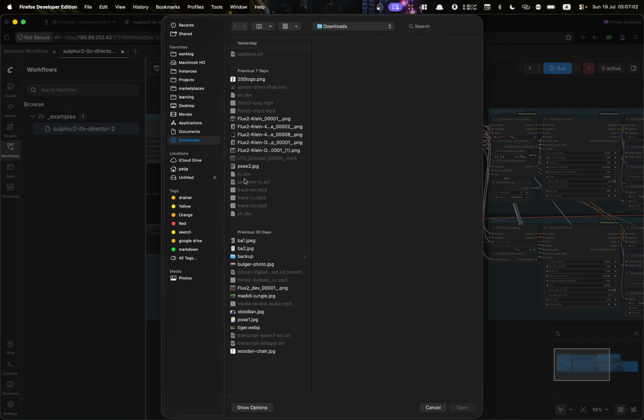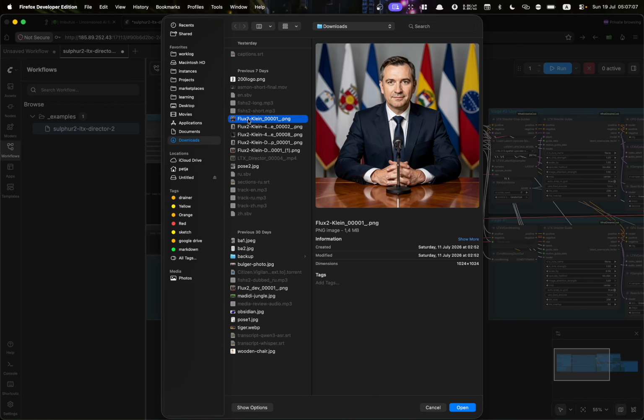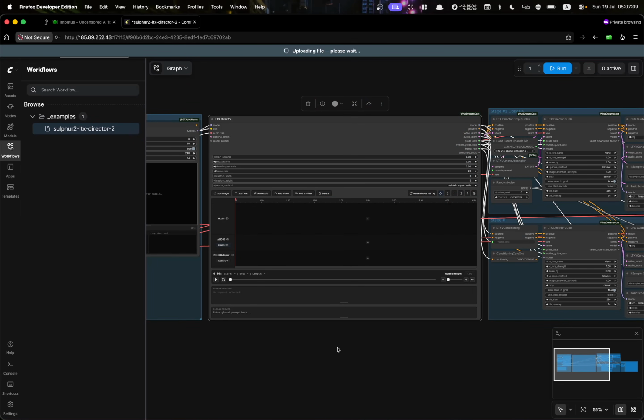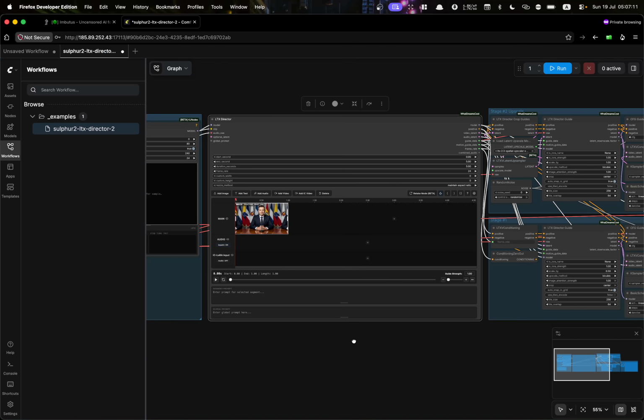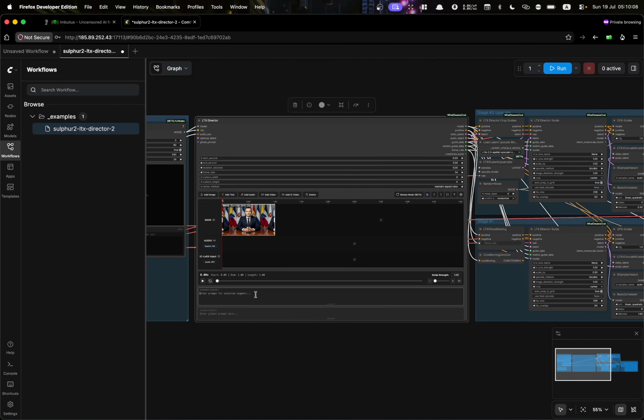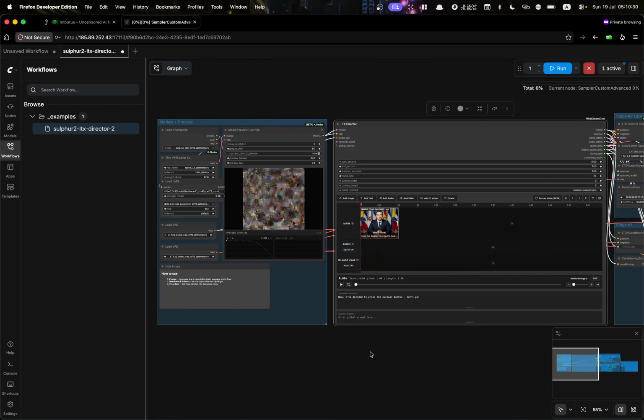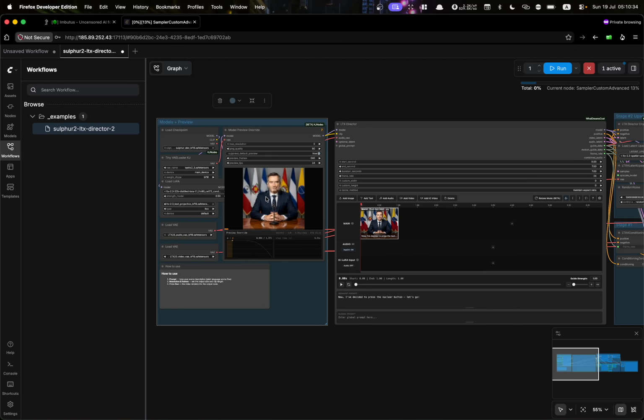Adding the image. Writing the prompt. I'll set the video duration to 7 seconds. Running it. In this node, you can see the generation process.